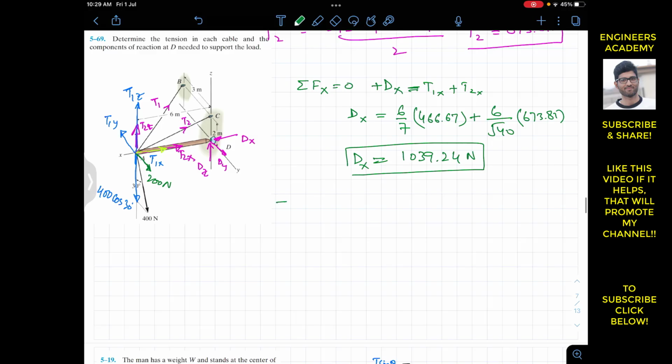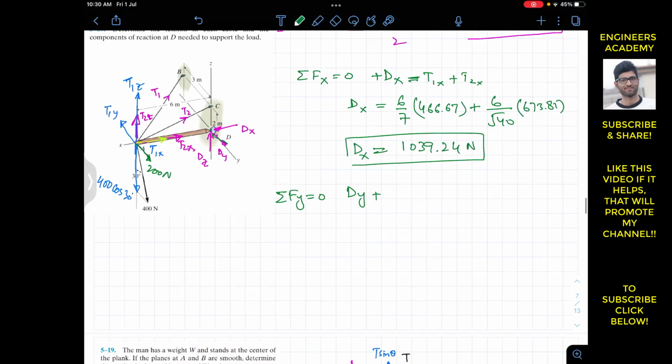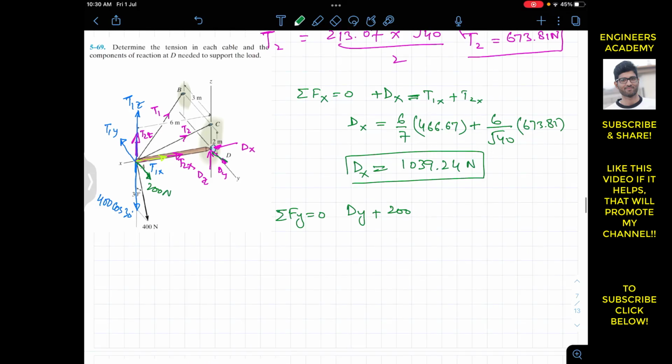Now if we apply the summation of forces along the y-axis equals 0, dy is acting in the positive y. This is our dy. So dy plus 200, which is acting in the positive y, and then minus this t1y, so minus t1y, equals 0. Or we can say that dy is equal to t1y